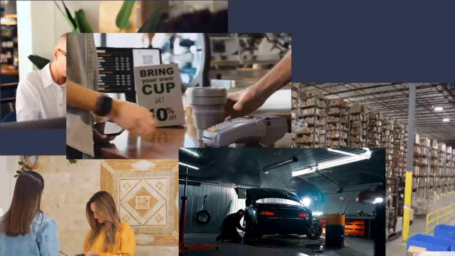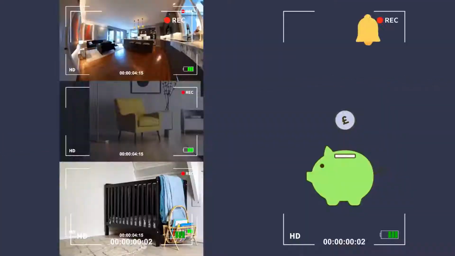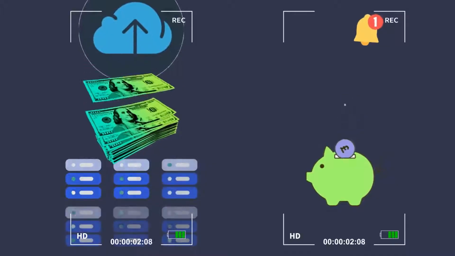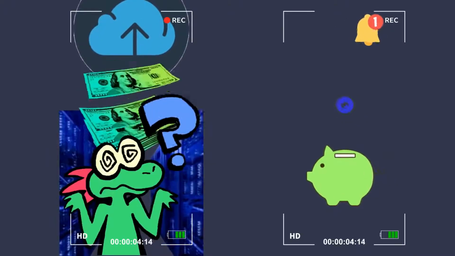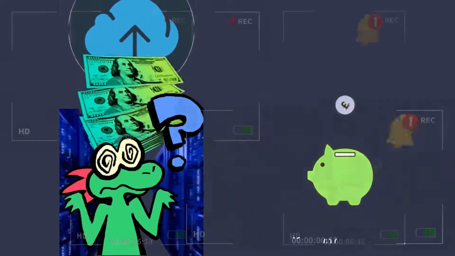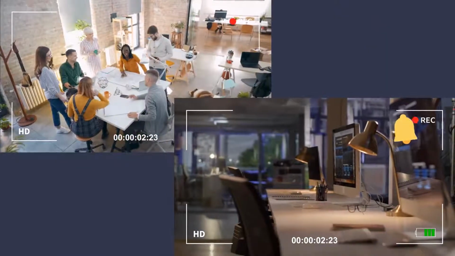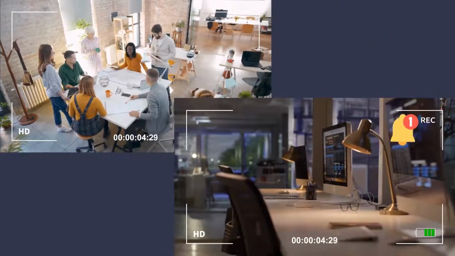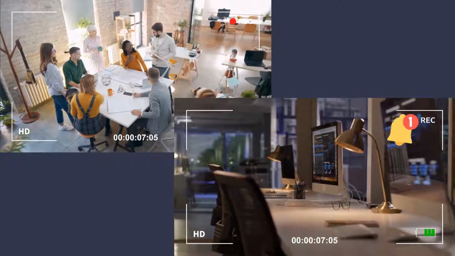That's where motion-triggered recording comes in. Once the business day ends, you don't need to record everything continuously. Instead, switch to motion-triggered recording. This way, you only capture footage when movement is detected, like an intruder entering the facility when no one should